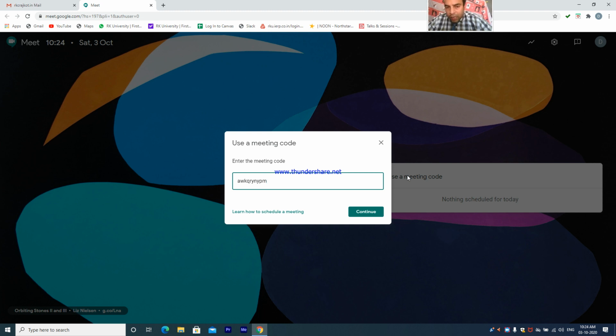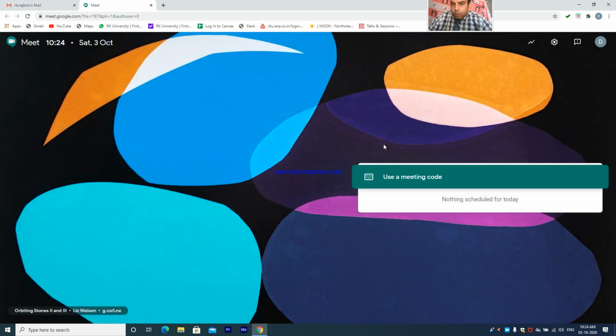According to those alphabets, you can write it over here, and then click on continue to join the meeting, right? So this is the process to open the G Suite account, and after opening it, you should always click on Google Meet, and then you will be directly directed to the concerned teacher who is teaching you.